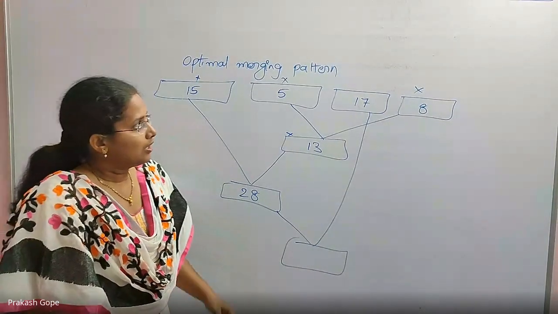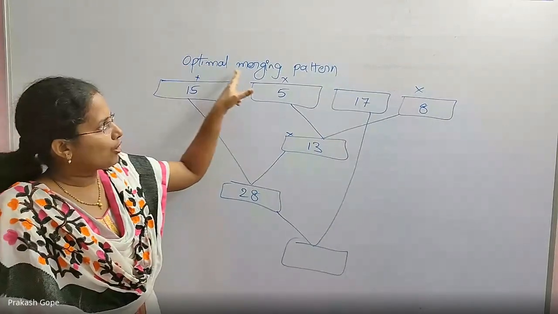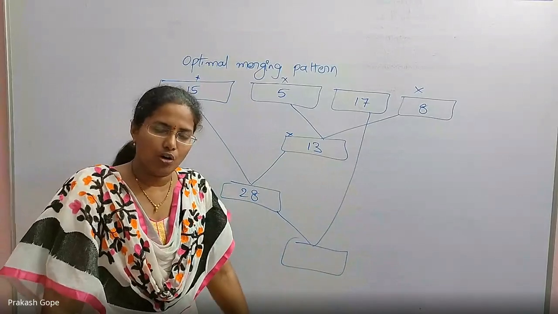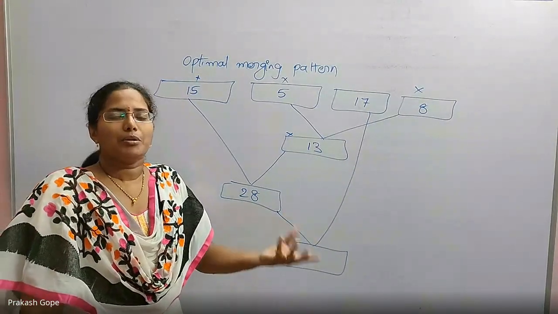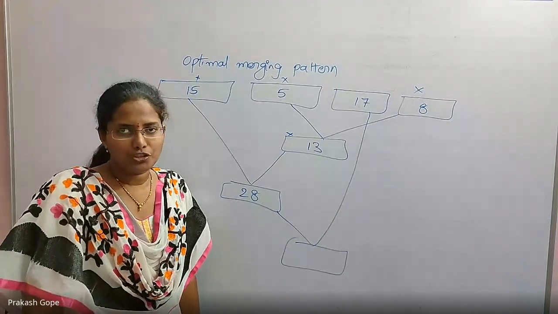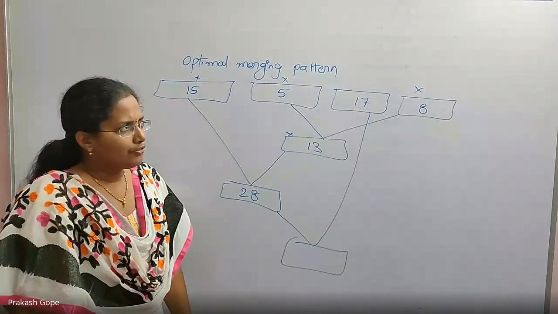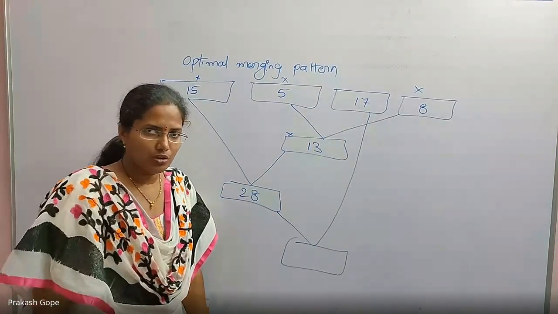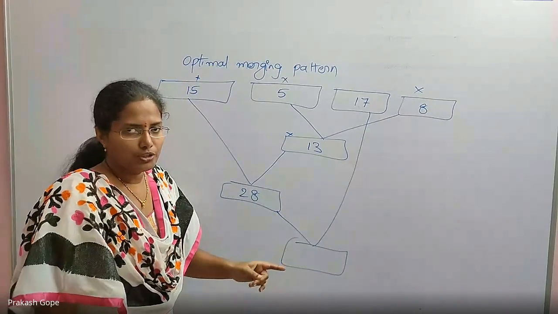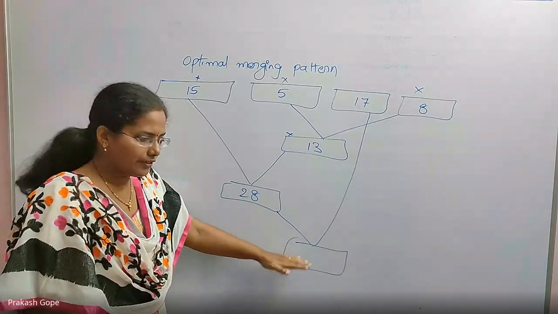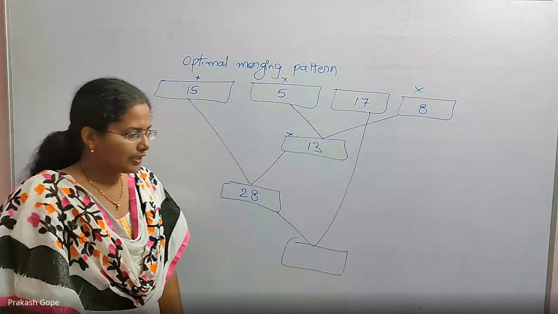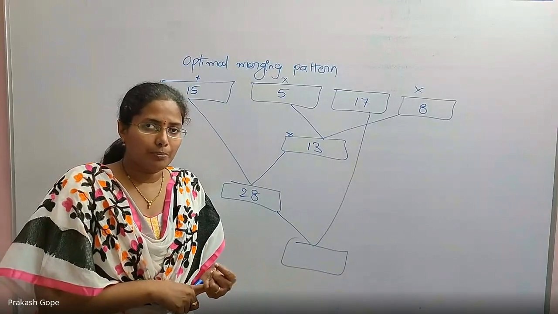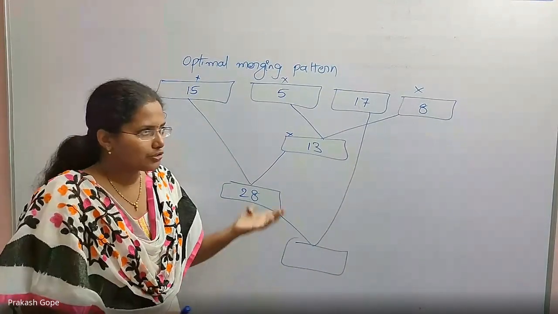So the questions will be like this. If you follow the optimal merging pattern for these files with these many records, what is the maximum number of comparisons, or the minimum number of comparisons, that you will do in the entire process? If you are asked to follow the optimal way of merging, which 2 files should you pick up? Always the least 2, which have fewer records. Only those 2 you should pick up and continue this process until you get the final array. Every time you need to calculate the maximum number of comparisons, if the question is about the maximum number of comparisons.